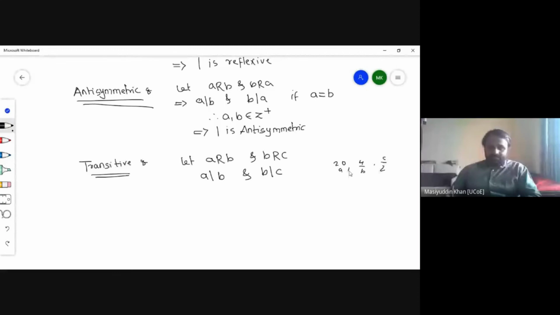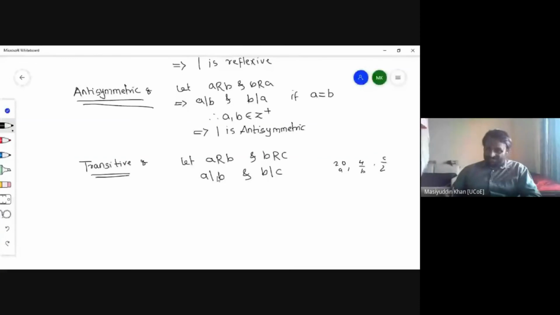That is, 20 divided by 4, is it possible? Then 4 divided by 2, it is possible, meaning this relation is clearly satisfied. If both are satisfied, next 20 divisible by 2 should hold. Yes, it is also possible, so I can simply define that A divisible by C is possible. Therefore we can say that A related to C. In symmetric and transitive, we have to prove this: A related to B related to C, then A related to C. This means clearly it is mentioned that divisible is transitive.